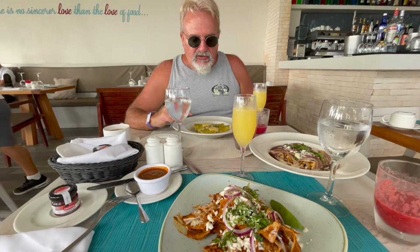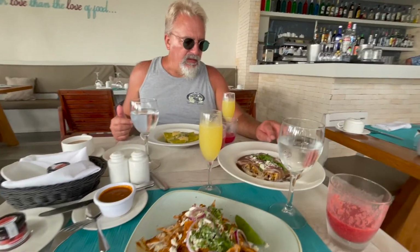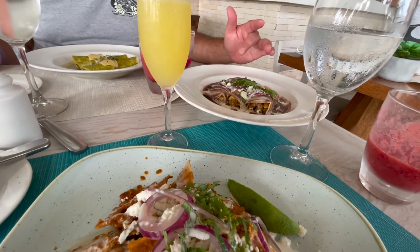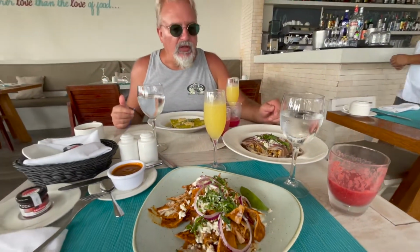We did the chicken enchiladas again. We definitely like that with the green sauce and au gratin. This is new. I can't even remember how it's pronounced on the menu. All it does is got egg inside, bean sauce, obviously, you see the black bean, and a cream sauce, and